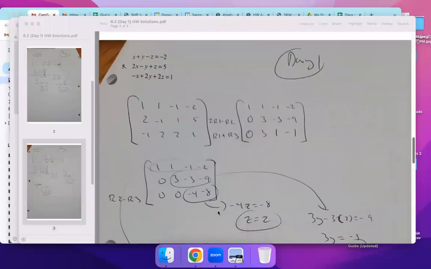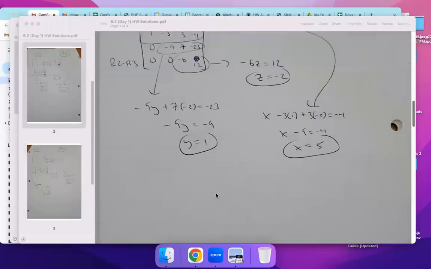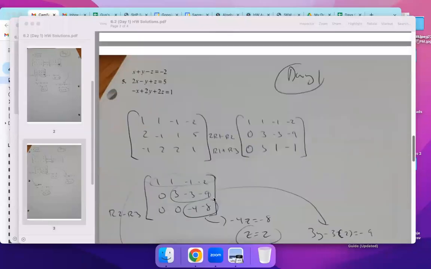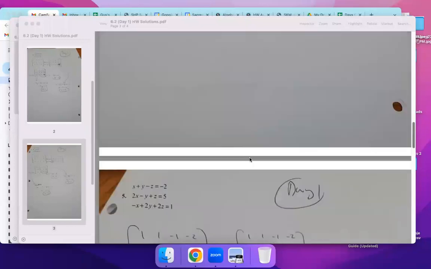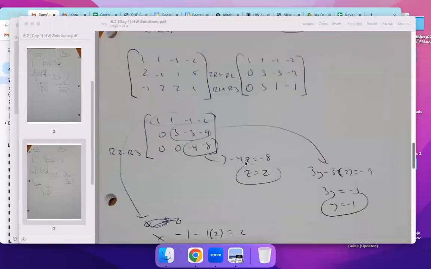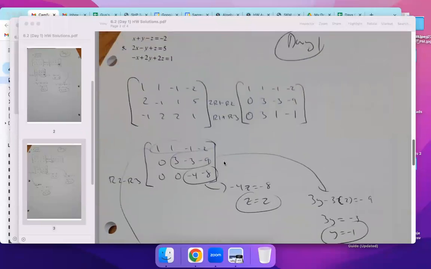3 by 3 again, and you can see the steps I took there. I decided 2R1 minus R2, which is actually similar. But then here I did R1 plus R3, because I can see I get rid of the x's in the third row. And then I combine R2 with R3, R2 minus R3, which is what I did in the last problem as well. I get -4, -8. And again, what you're doing is that,